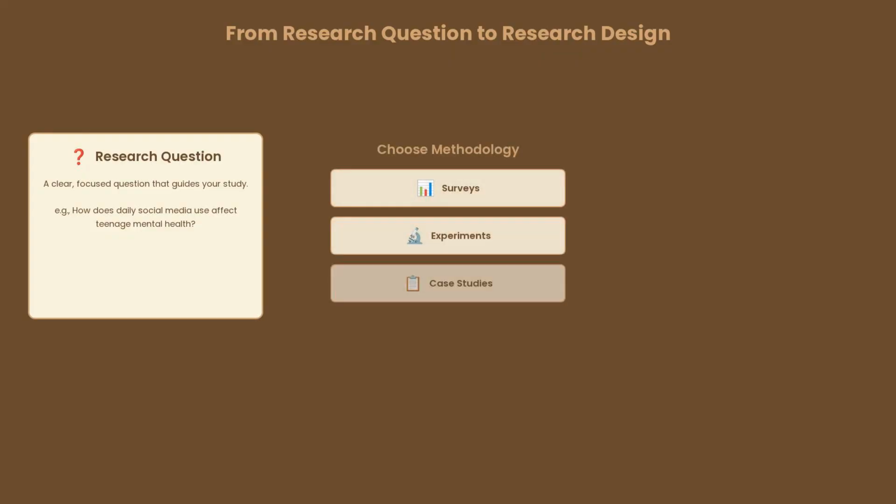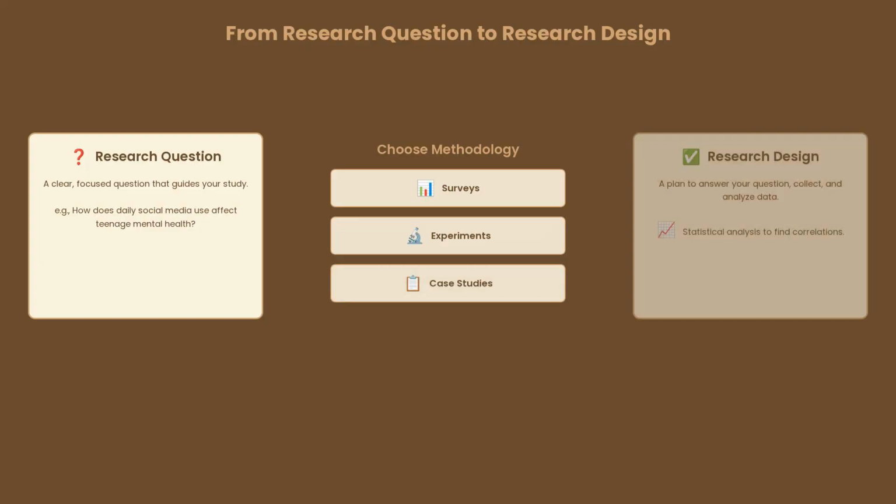Next, let's talk about moving from research questions to research design. Once you have your research questions, you need to develop a plan for how you'll answer them. This involves choosing the right methodology, such as surveys, experiments, or case studies, and determining how you'll collect and analyze